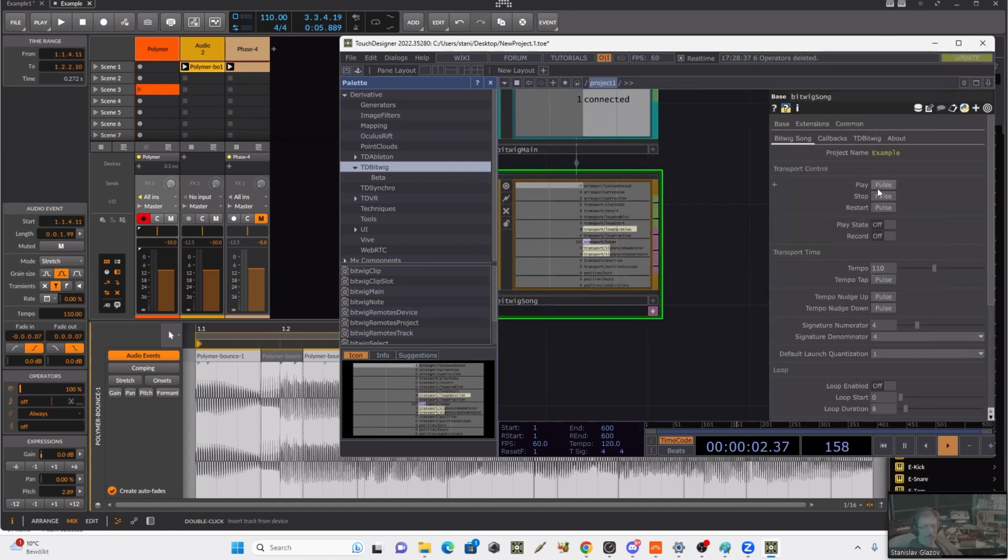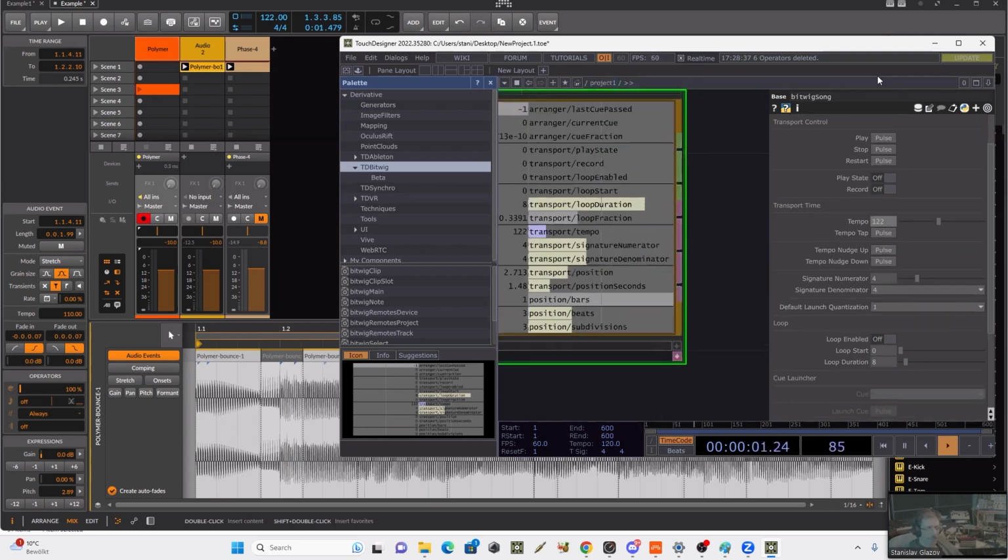So you can control the transport, you can play, stop, you can switch recording, you can change the tempo, and it's all synchronized. So you can control Bitwig from TouchDesigner,